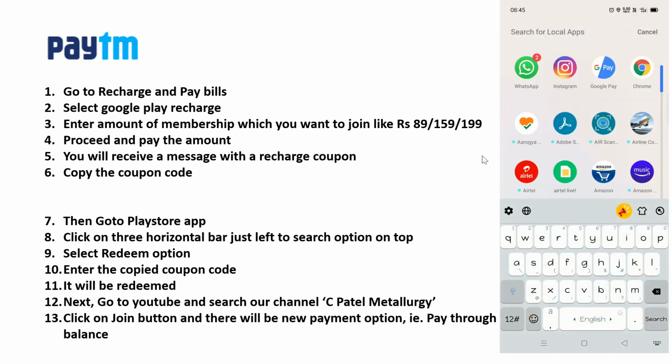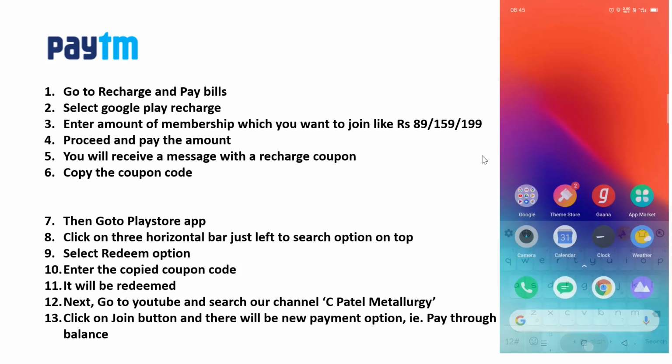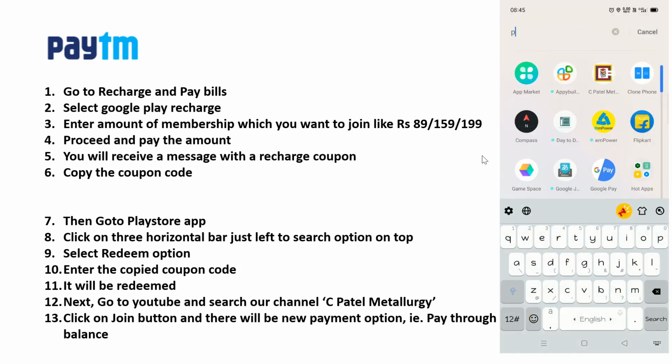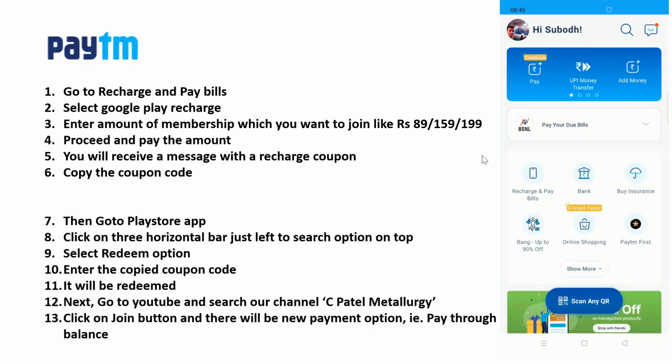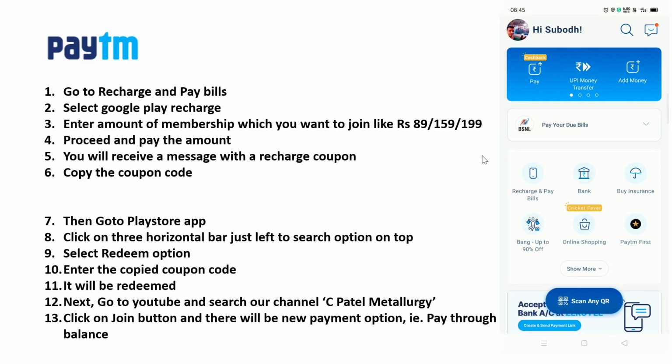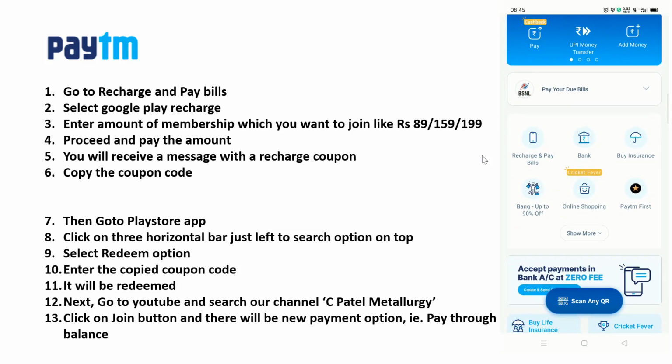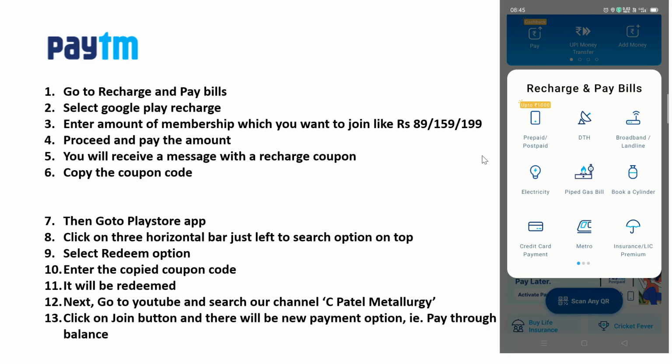So guys, open Paytm. Once you open Paytm, go to the option Recharge and Pay Bills. After that you will see the option of Google Play Recharge.